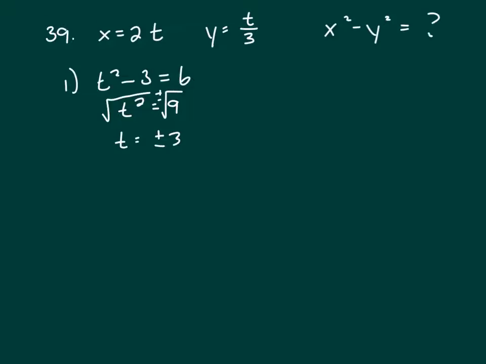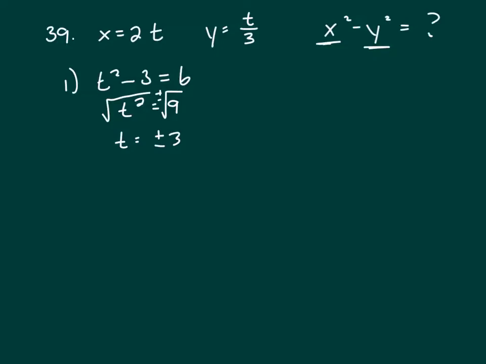Well, you might think you might get a couple of different values, but because x is squared and y is squared, it doesn't matter if x is positive or negative. It doesn't matter if y is positive or negative. When you square it, you're always going to get a positive number. So when you let t equal 3, you're going to get 6 for x, and you're going to get 1